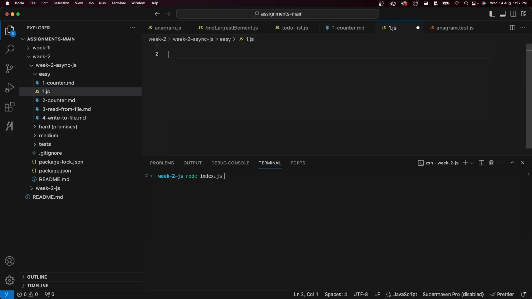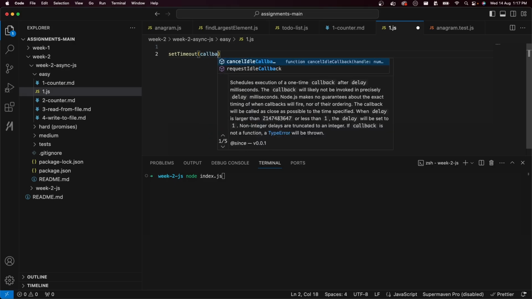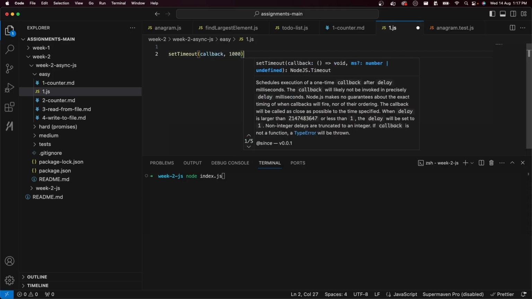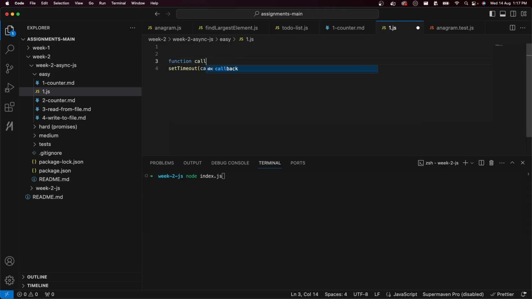How can you create it? Have we discussed setTimeout until now? We have. Okay, if you call setTimeout with some time, for example, 1 second, after 1 second, the callback function will get called. So this gets called